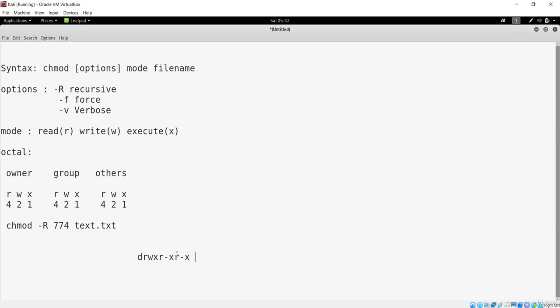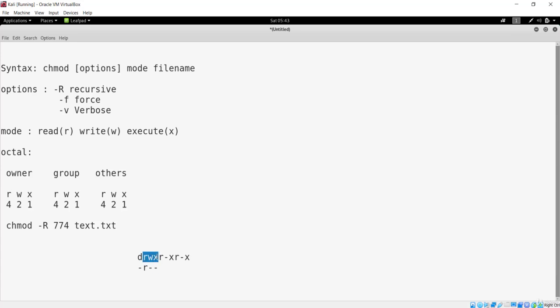If I say something like r-- or r-x, starting with a dash, that means it is a file, and these first three characters are for the owner. That means the owner can only read the file; they cannot write to the file or execute it.